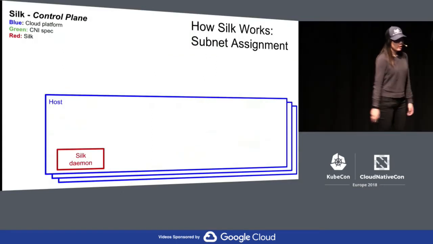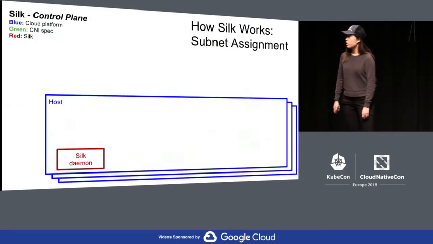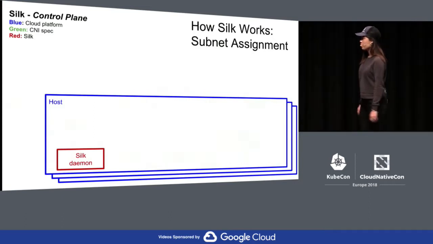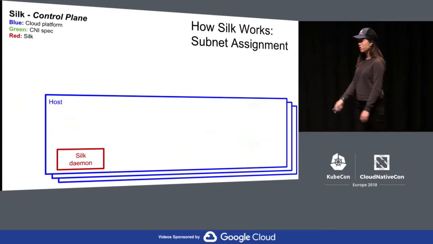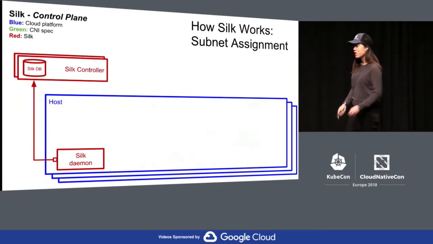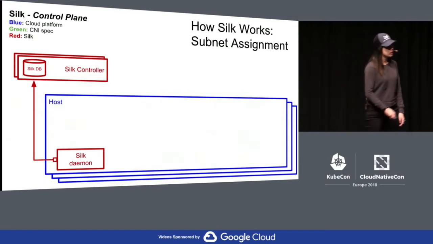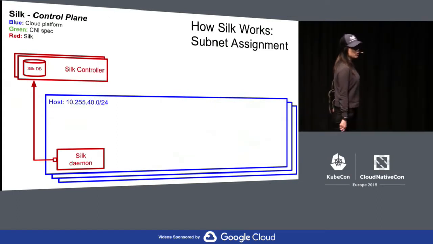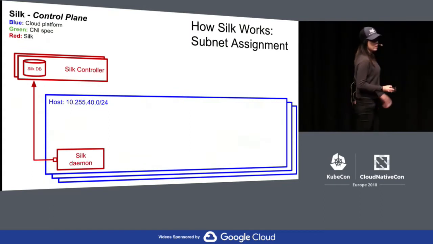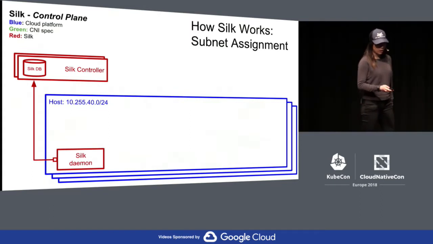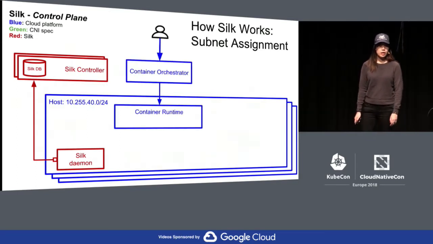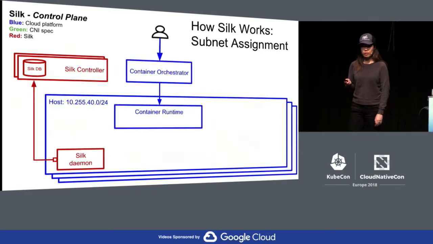So how does this all fit together? Let's consider the case of a subnet assignment. We have a new host coming up for the first time, and we have the Silk daemon running. The Silk daemon will reach out to the Silk controller to ask for a subnet lease. Because it has no containers running on it, it happily is given a subnet range from which to allocate IPs from, so that when a developer decides that they want to create containers, they're able to have their container runtime